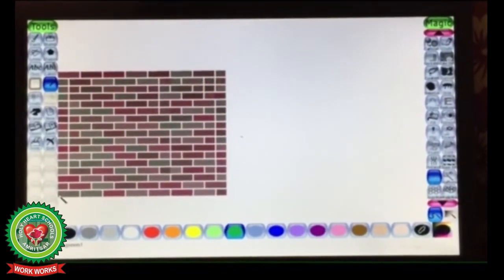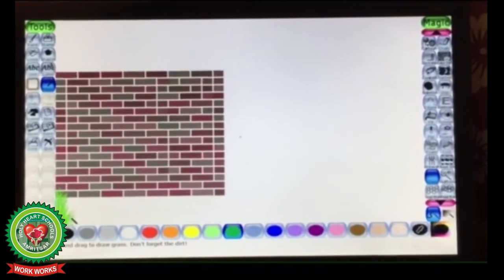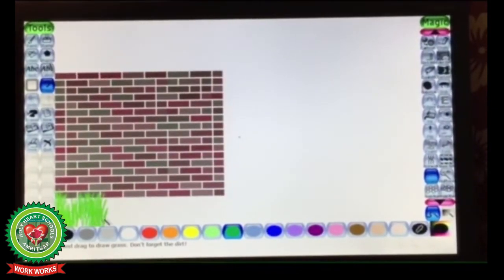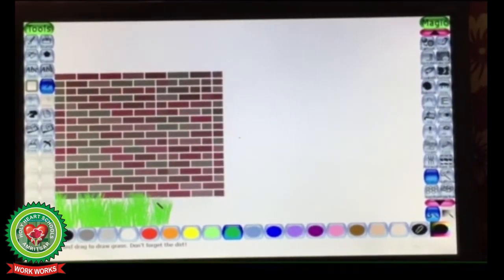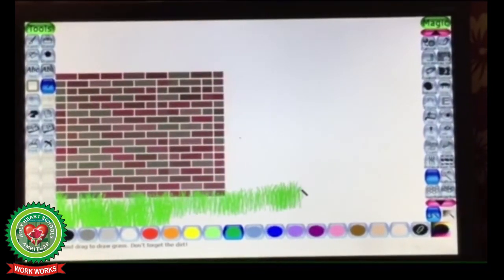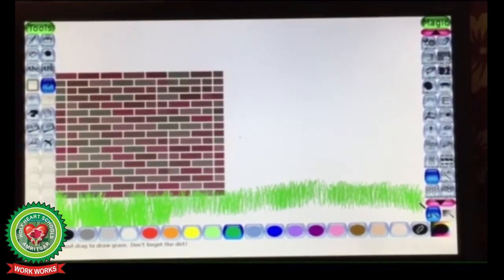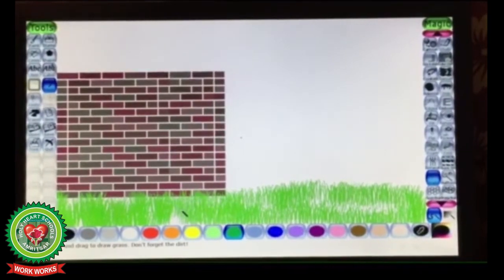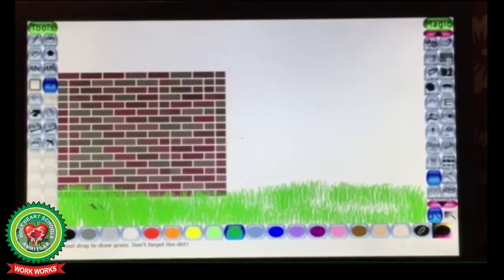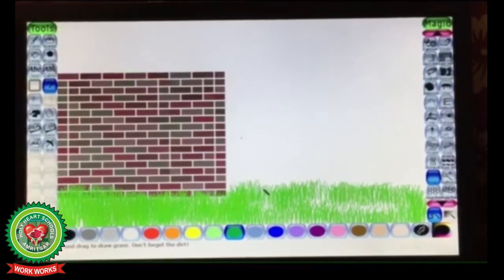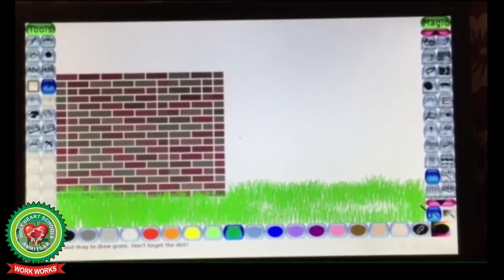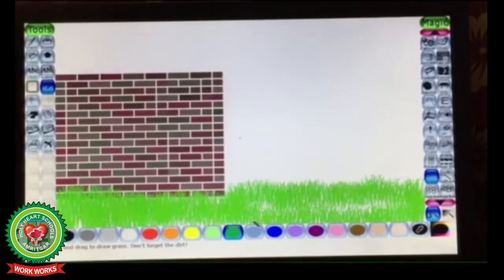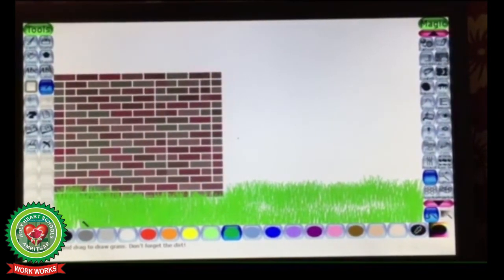Then below the wall, start making grass. You have to click on the left mouse button and keep on moving till your area is not completed. So in this way, we have used grass tool to make grass in the drawing canvas.